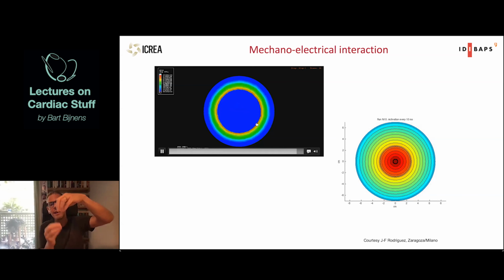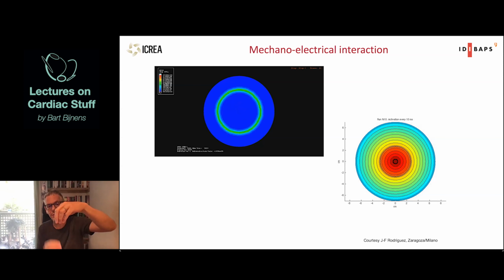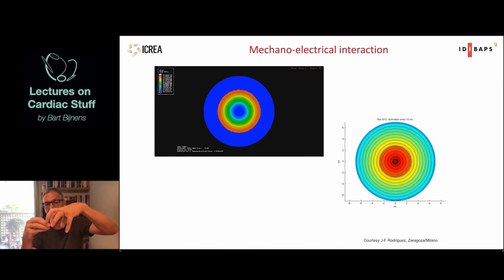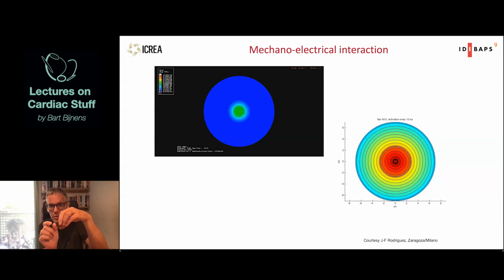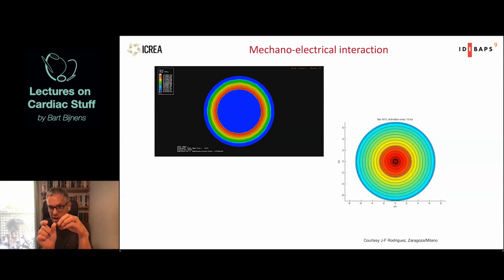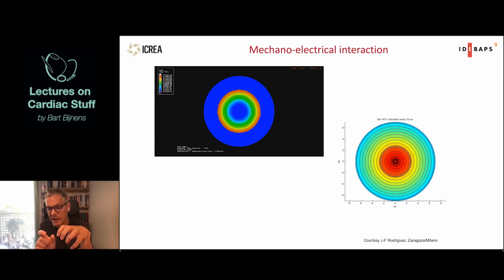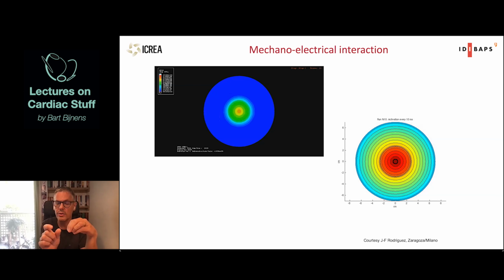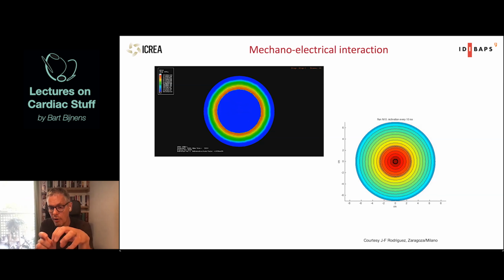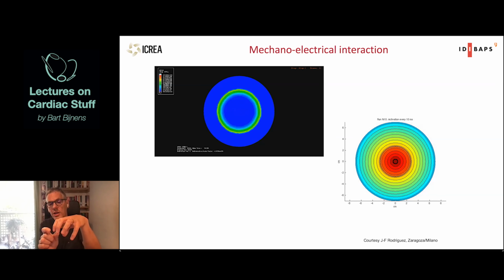So what happens is that if the middle here is activated first, then when this is activated, it starts to contract and stretches the surrounding tissue. And if, because of this stretching, your conduction velocity becomes lower, then with a certain speed of conduction and a certain dependency of the conduction speed on the stretch, you can prove that you get a halting of the activation up to the point that this stretched tissue is again relaxing,